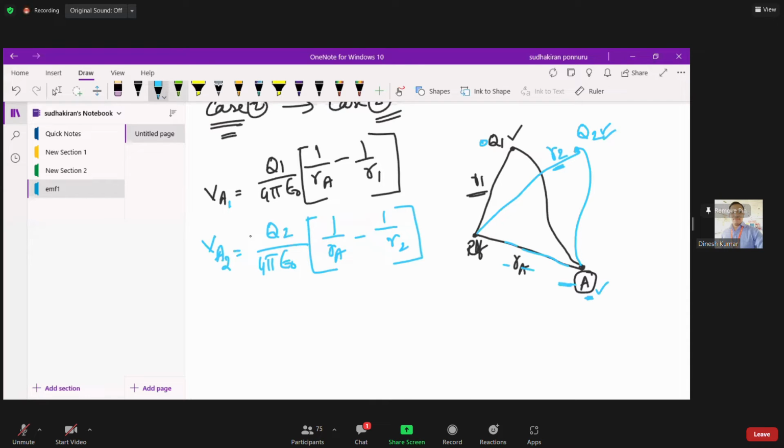Now similarly we are going to take one more point charge, let it be Q3, which is at a distance of R3. And now we need to find